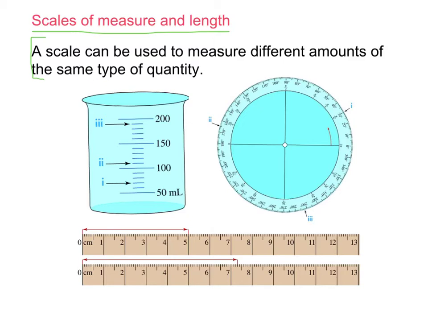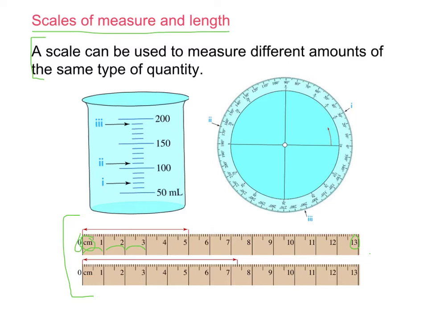What each interval represents. So let's have a look here, guys, at our bottom ruler. It's split up into 13 intervals. We start at 0 and we go to 13. Now, like I just said to you, the most important thing to do when looking at scales is to realise the division between the different units. So this is going up in units of 1 centimetre. We can tell here that it's split up into 1 centimetre. We know this because the ruler is labelled in centimetres and it's going up by